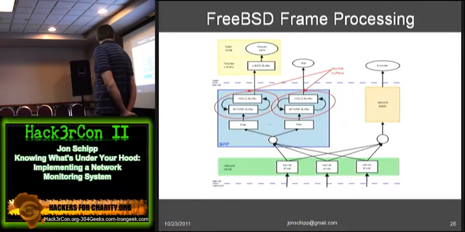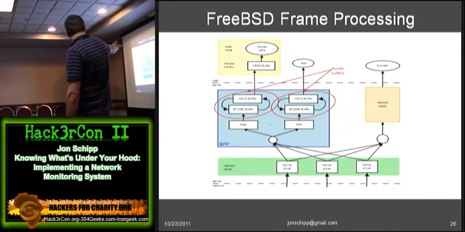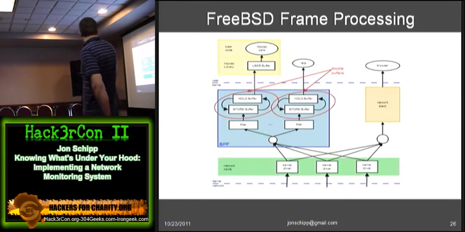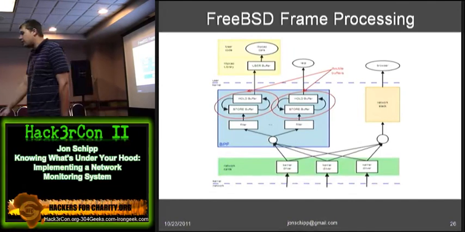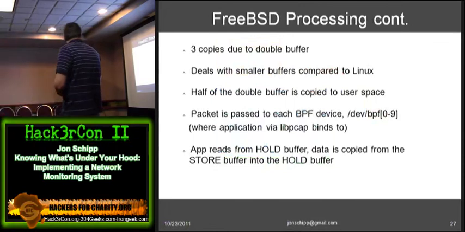So FreeBSD frame process. What we do is once the frame comes into the NIC card, it gets copied to the host stack, and a pointer is passed to BPF, and it's copied to a hold store buffer. These are double buffers. And then from there, the packet is eventually copied to user space and to libpcap, right? And the problem with this is actually 3 copies, rather than in Linux, there's 2 copies, which is interesting. But FreeBSD seems to outperform, in my test, and I know there's some studies on their results where FreeBSD in user space always outperforms Linux, which is kind of interesting. But anyway, so